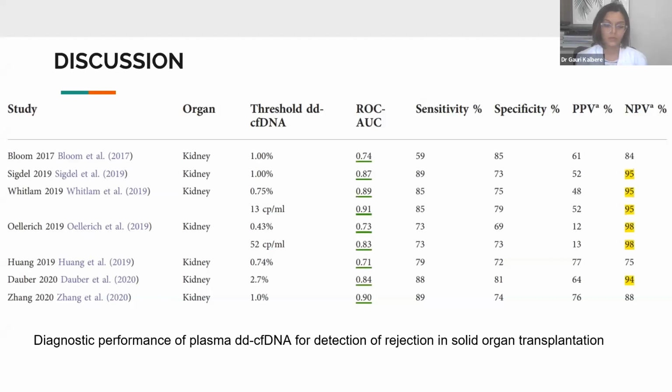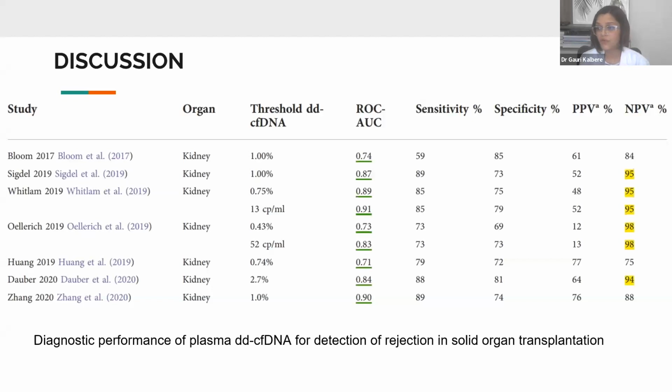So here are the 7 trials which have been conducted in recent years, from 2017 to 2020, with their threshold for donor-derived cell-free DNA and the receiver operating characteristic area under the curve. So the mean ROC AUC is 0.81 here. All these studies, Bloom et al., Sigdal et al., Olerich, Huang et al., Zhang et al., have been consistent with the same results, proving that